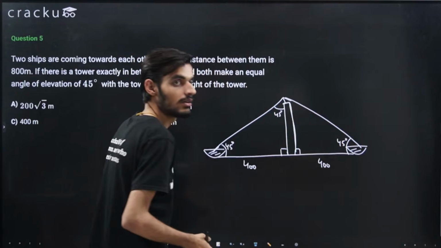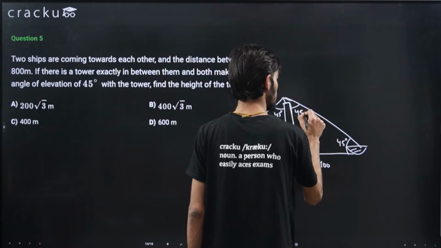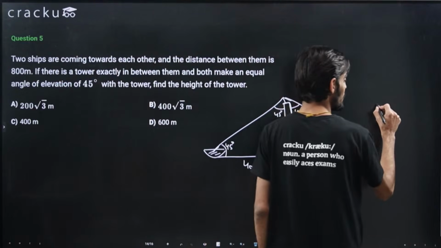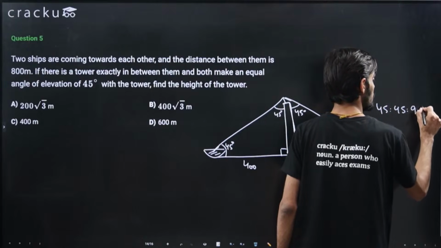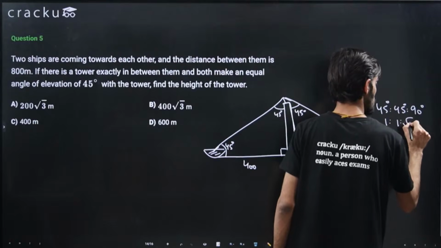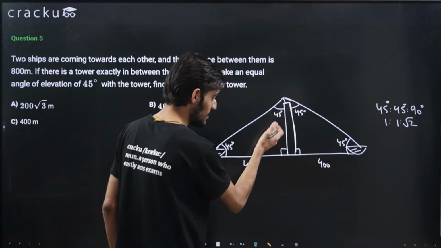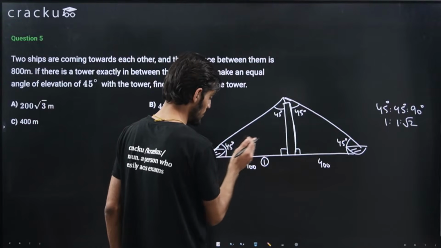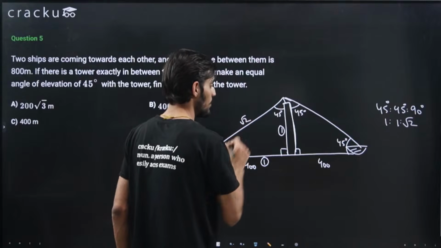The summation of the three angles of a triangle is 180 degrees. So this will also be 45 degrees. Again, you can see that 45, 45, 90. So for 45, 45, 90, the ratio will be 1:1:root 2, right? So the side in front of 45, if that value is 1, the value of this particular side will also be 1 and the value of this particular side will be root 2.